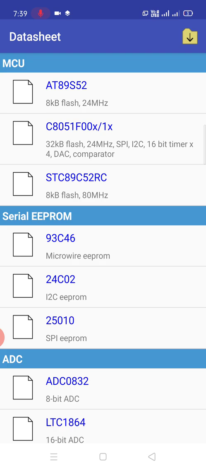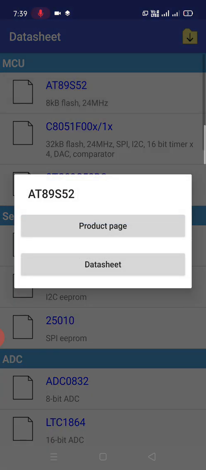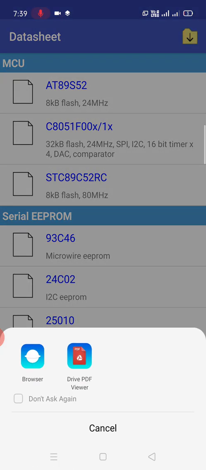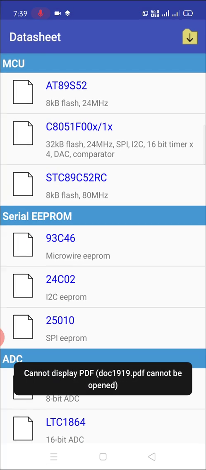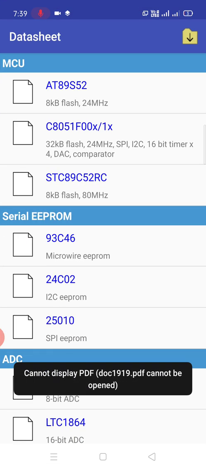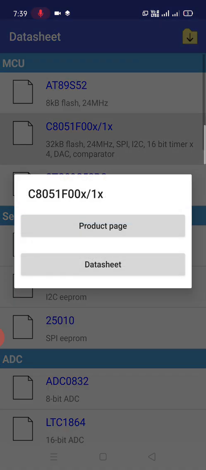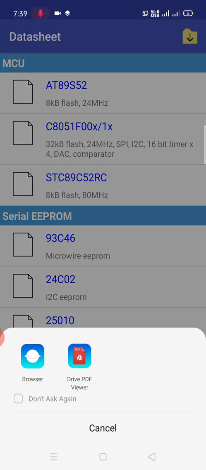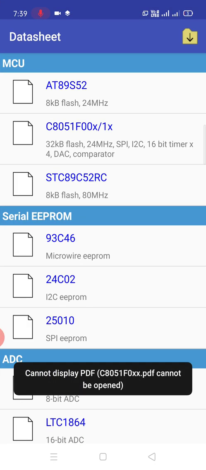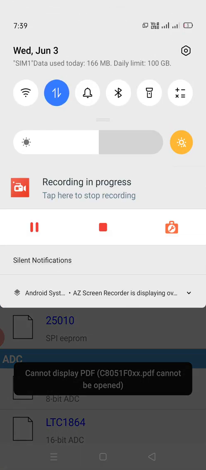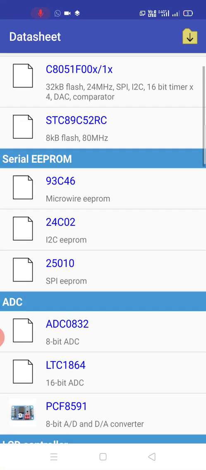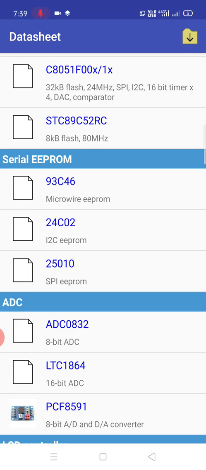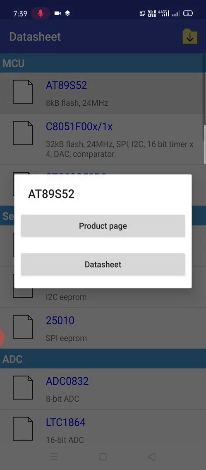For the AT89S58 microcontroller family, we can see the data sheet of the Atmel microcontroller, and a few series of memories also.